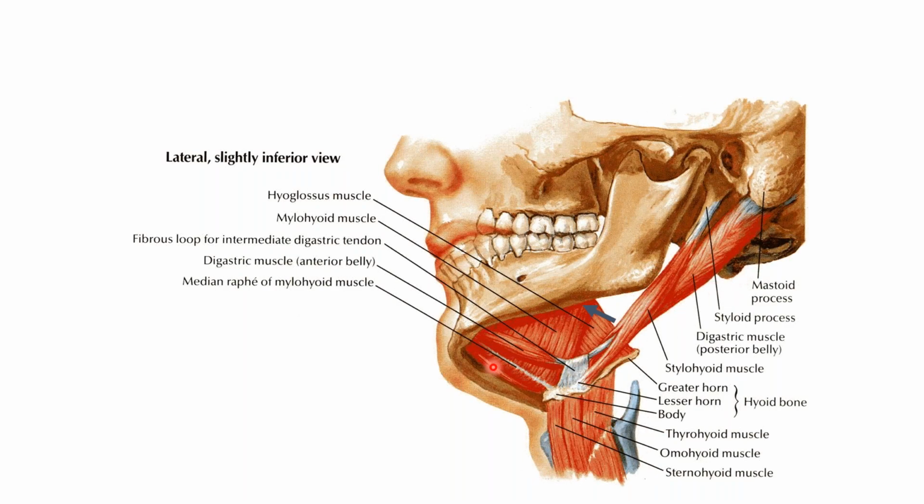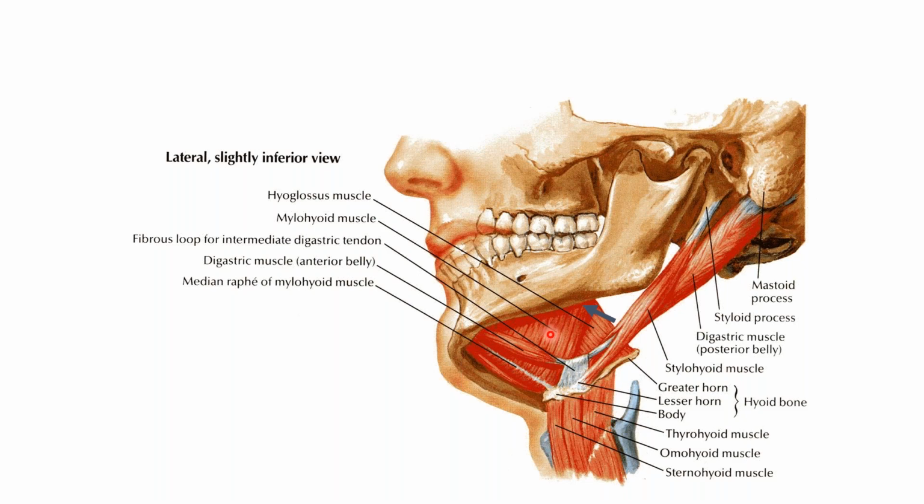If we look into this lateral aspect of the neck, we can see the digastric muscle, the anterior and the posterior belly. This is the body and the ramus of the mandible, and posteriorly we can see the mastoid process and the styloid process, from where certain structures are arising, like the stylohyoid muscle. This is the stylohyoid muscle, and this is the posterior belly of digastric, which is attached in relation to the mastoid process. The stylohyoid is inserted to the hyoid bone.